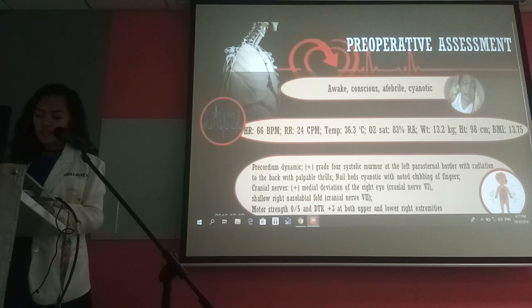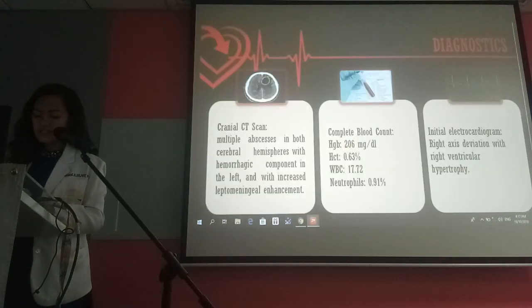There was medial deviation of the right eye and shallow right nasolabial fold. Patient was responsive to pain on all extremities, however. Motor strength was 0 out of 5 and deep tendon reflex was graded as +3 at both upper and lower right extremities. Cranial CT scan revealed multiple abscesses in both cerebral hemispheres with hemorrhagic component in the left and with